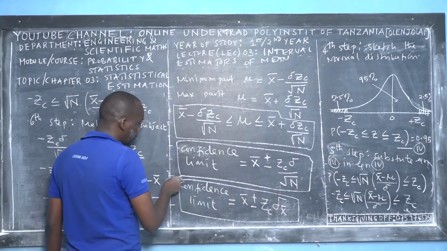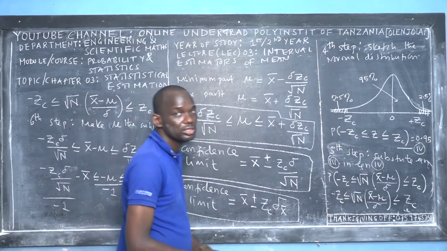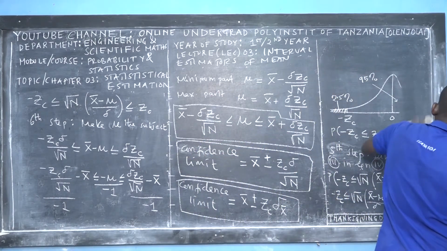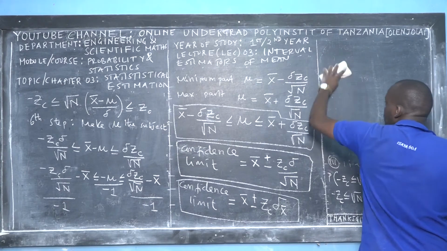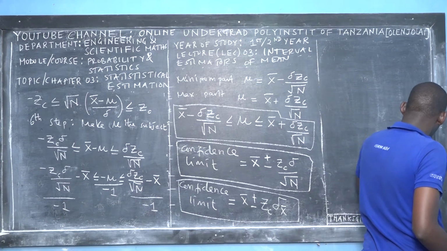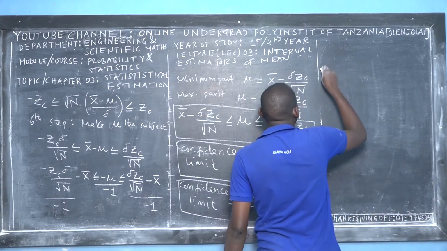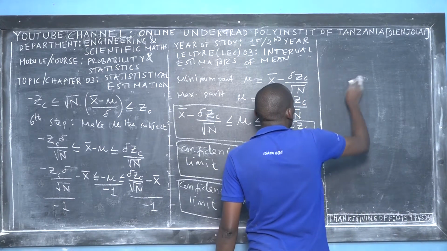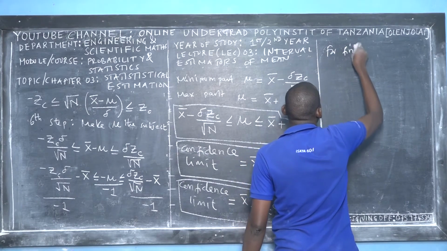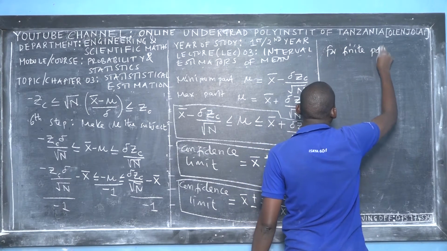So this is the general formula for an infinite population. For the finite population, the interval estimate of the mean with known variance, for the finite population,